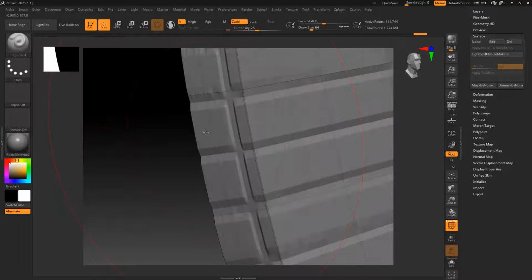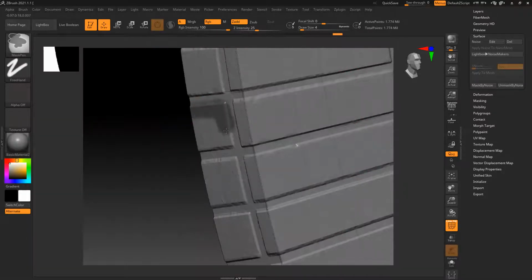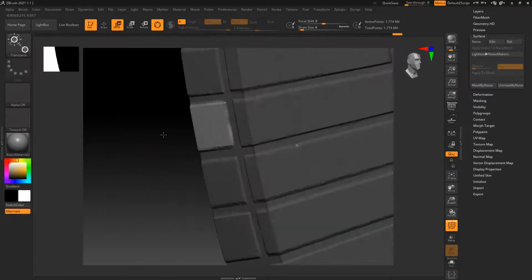So you can do shift D, or you can keep it in the highest division only, and then go and reduce the brush size. I can mask it out. Invert it. W F.